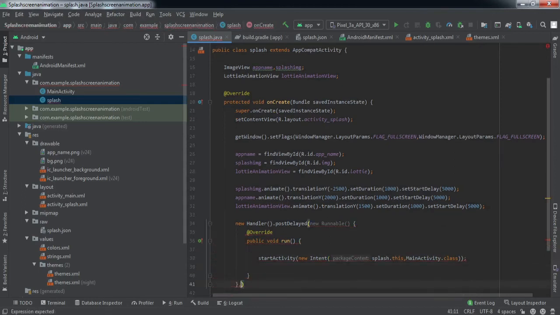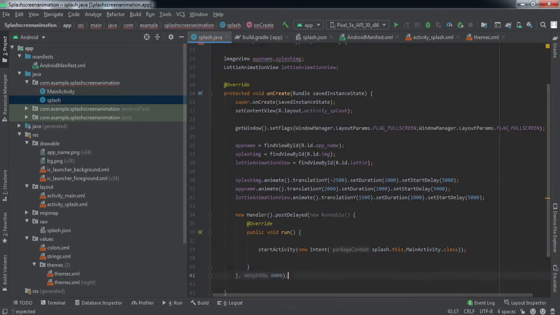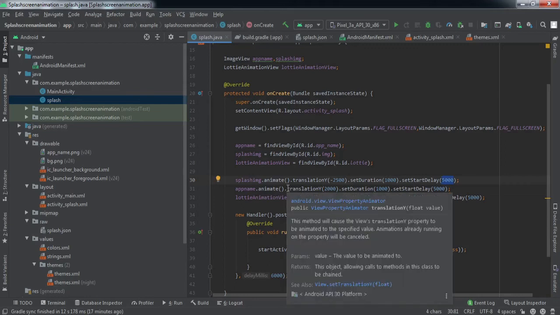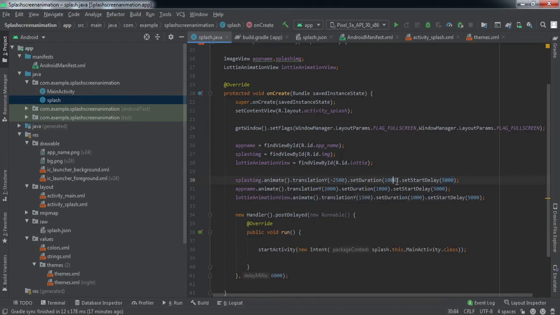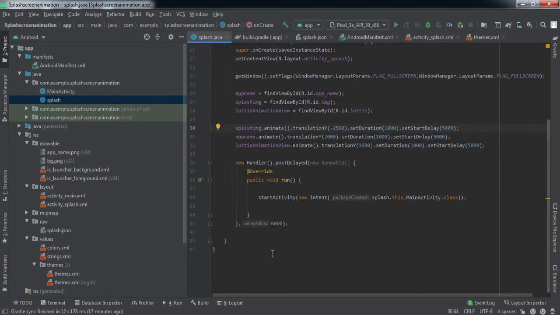Here we'll set the delay to 6 seconds, right? Why have we set it to 6 seconds? Because here you can see the start delay is 5 seconds. That means the translation will start after 5 seconds and it will take 1 second. So the total is 6 seconds. After 6 seconds we want to call the main activity, right? That is why we have set it to 6000.